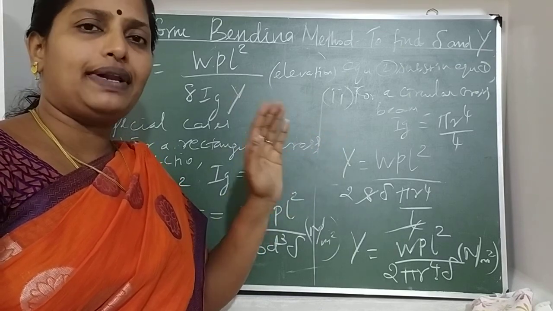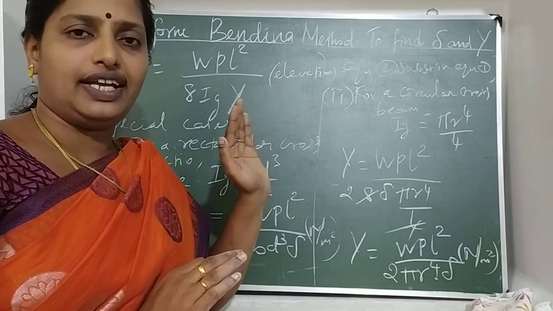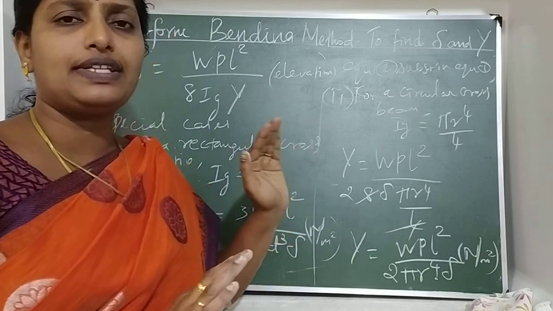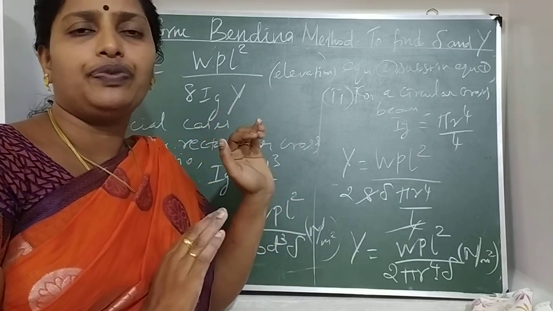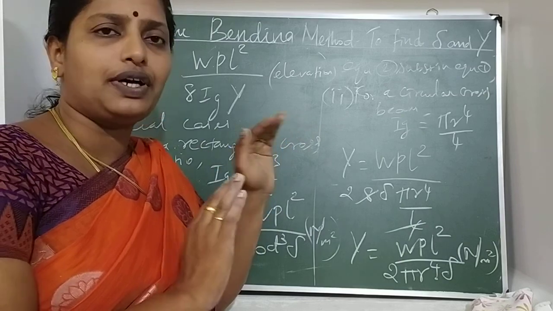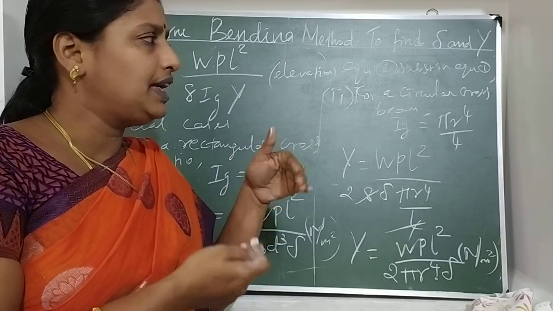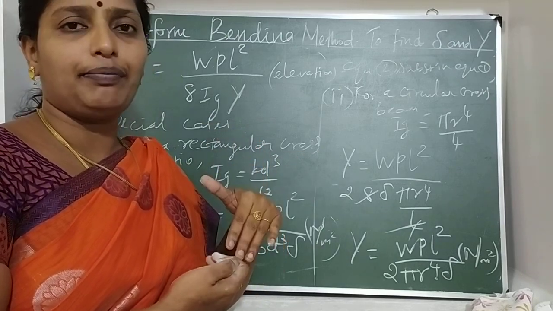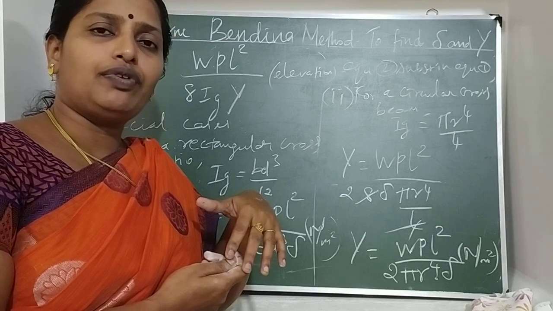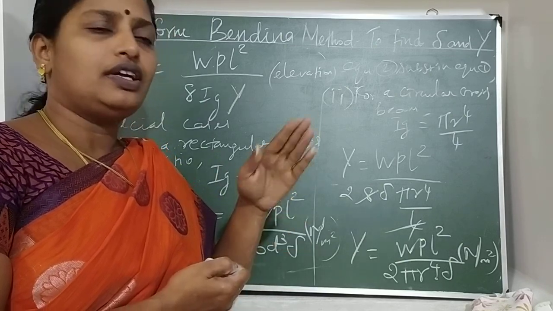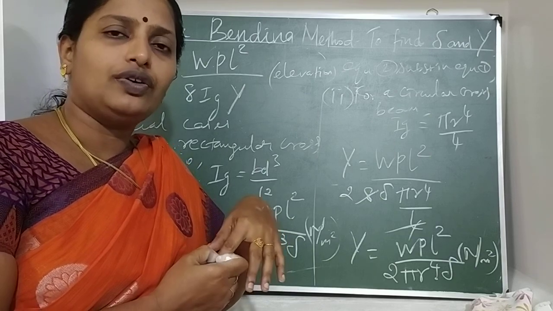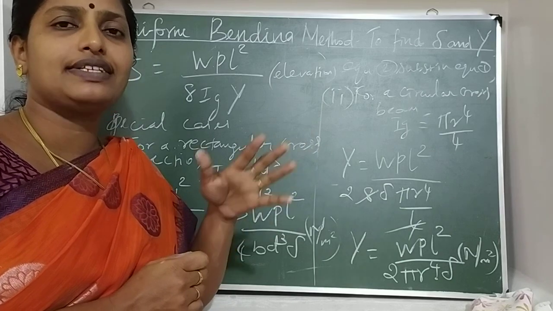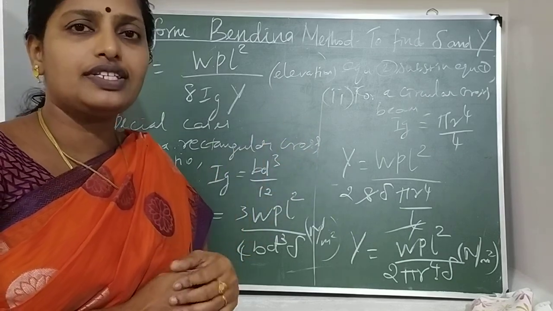Is any one question compulsory, or do you attend in the university exam? Either non-uniform bending or uniform bending, one is compulsory in the Anna University question paper. Okay, all students must study this part. Already in the last class I covered the non-uniform bending method and the special cases, and in the previous class the bending moment derivations. This is compulsory, either question from unit 1 is possible. Okay, students, in your free time, study this part and compare both methods. Thank you, students. Thank you one and all.